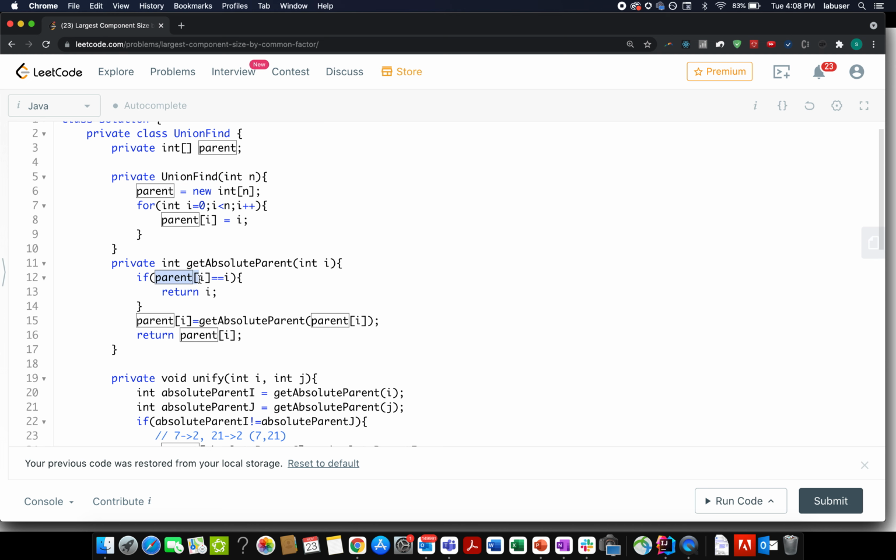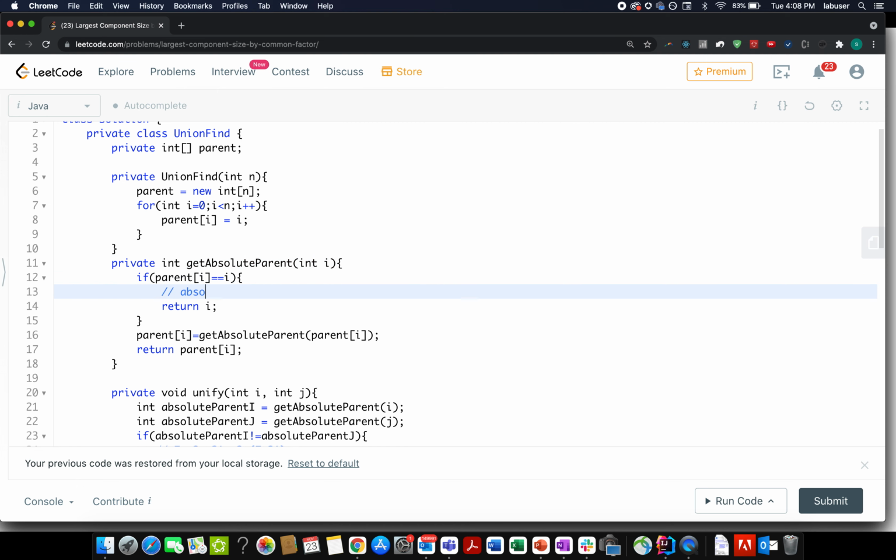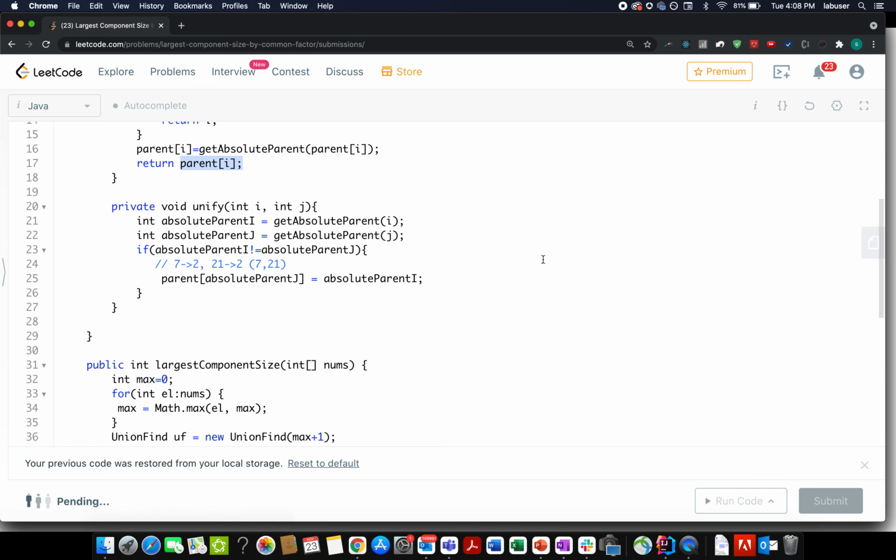Whenever we see that the parent of i happens to be equal to i, we return the value of i, telling that this is the absolute parent. Otherwise, we recursively check what is the absolute parent of my parent and assign that value to the current element, and in the end we simply return that value, whatever we got while traversing up the ladder.